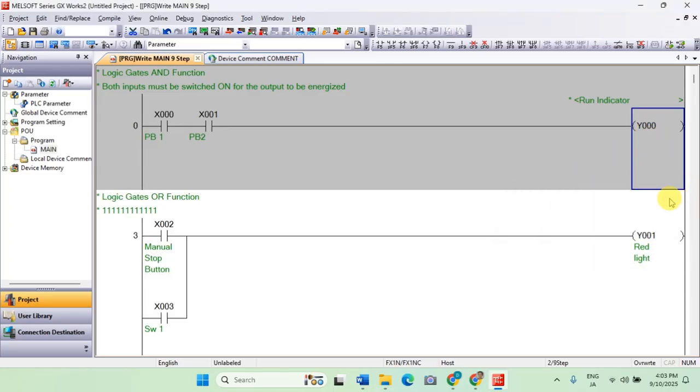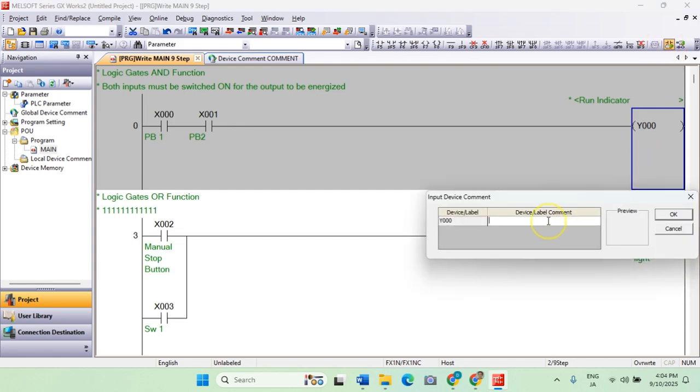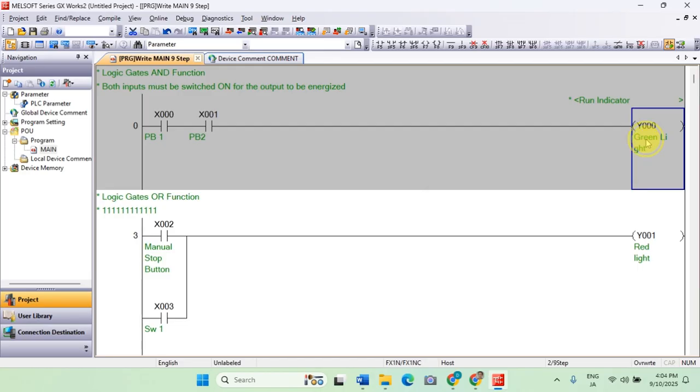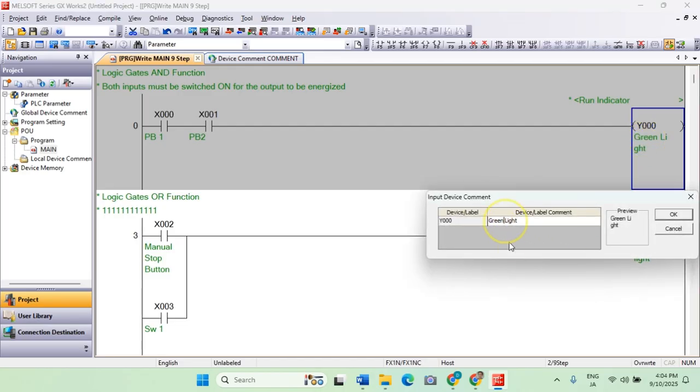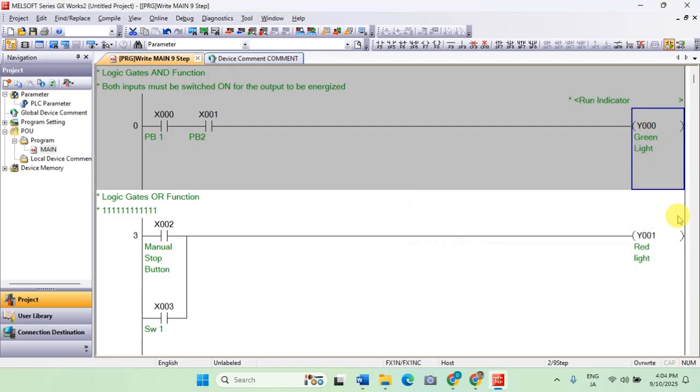And let's add device comment first for this one. So I'm going to label this as green light. Okay, so this indicates that when the green light is on, it indicates that the equipment or the machine is running.